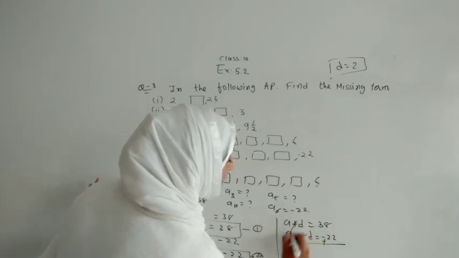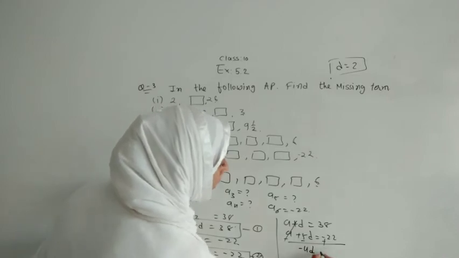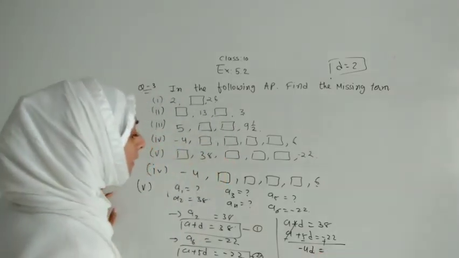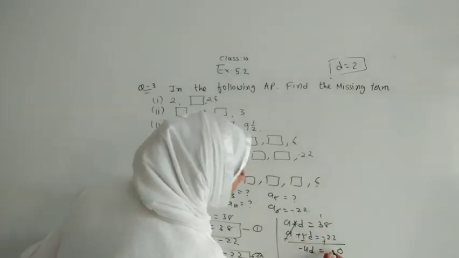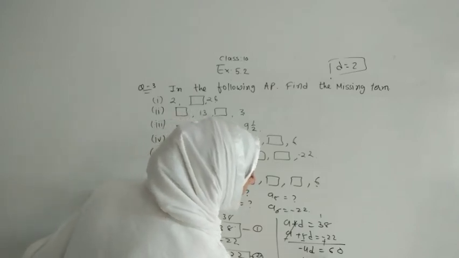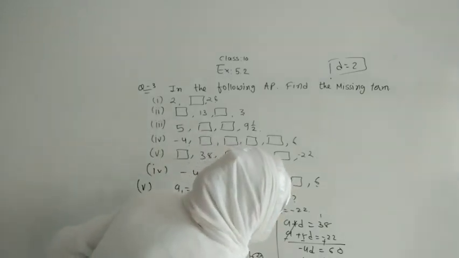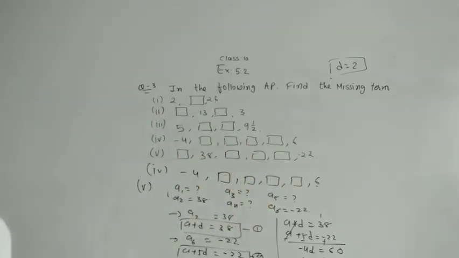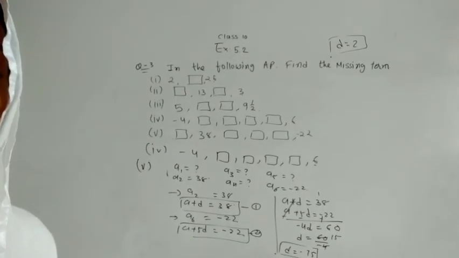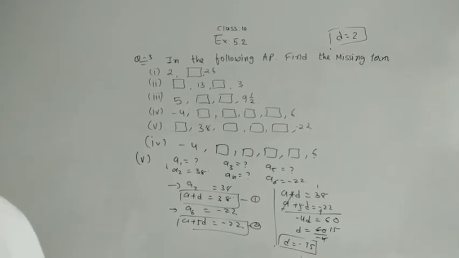Let us change the symbol. 5 mein se ban jayega 4d bachega. The symbol of the greater number will be minus. Let us add it. It will become 3 plus 2, and it will become 6. So d we got as 60 by minus 4. Let us reduce it. 15 fours are 60, so d we got as minus 15. Keep it in mind, whatever d we got, you just have to keep it in mind. d we got as minus 15, as I am showing you.